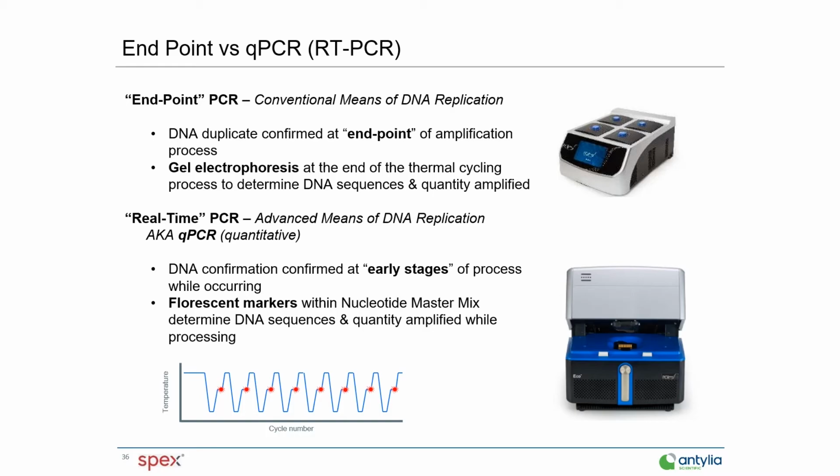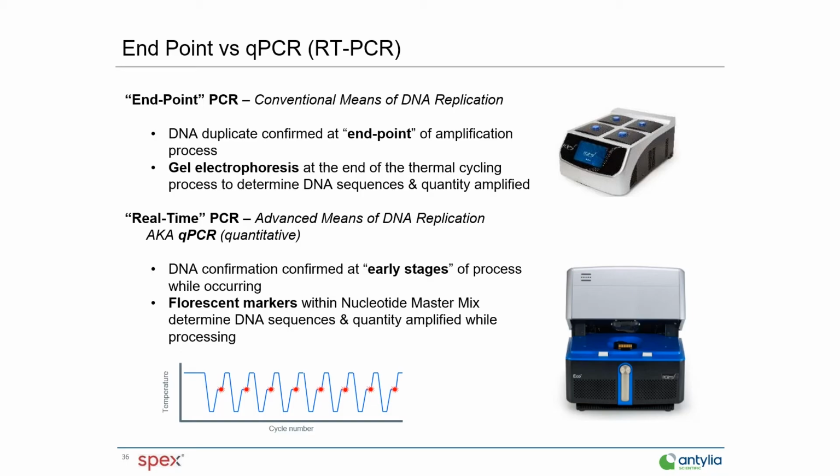There are 2 types of PCR. You have your endpoint PCR. This is your conventional PCR. This is where the only purpose for the PCR unit is to double the DNA during every cycle. So you keep doubling it over and over. It heats, it cools, it heats again. It heats, it cools, it heats again. It doesn't have any way of quantifying the DNA. You usually use another process like gel electrophoresis. So at the end of your thermocycling, you use gel electrophoresis in order to determine the DNA sequences and the